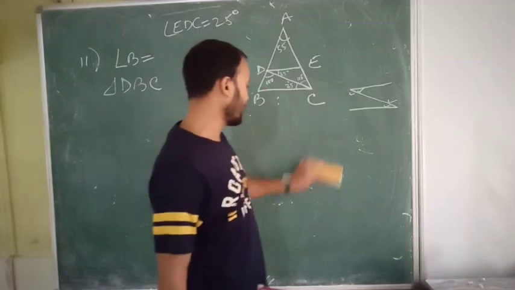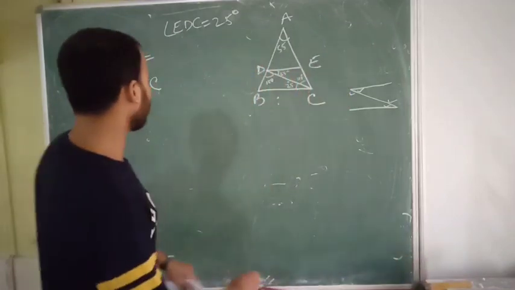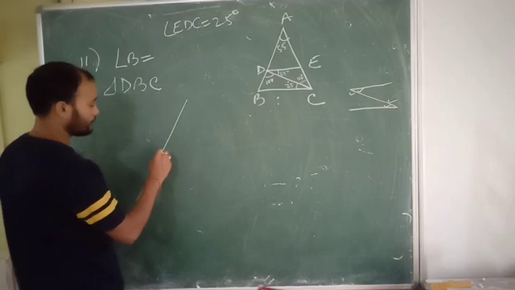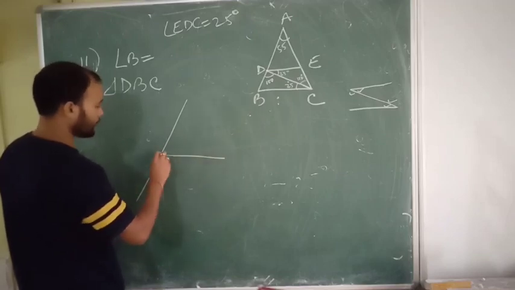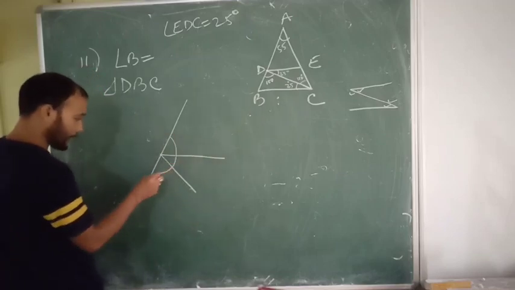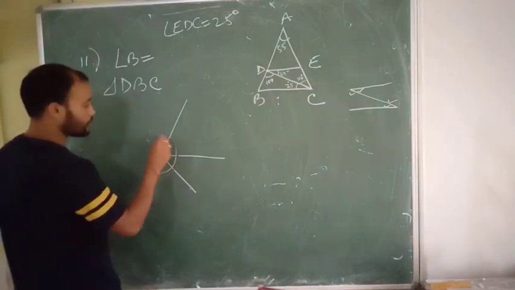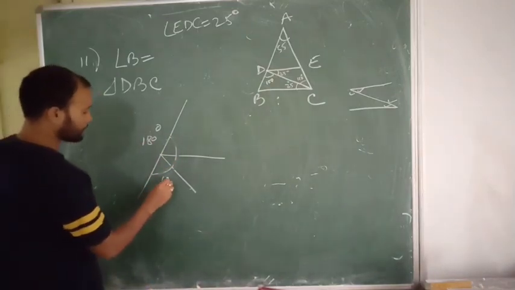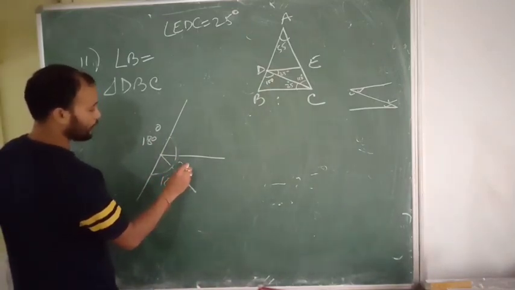See, ADE, ADB, you see, this is a straight line. There is one line going, this is one line going. If we consider this entire angle, this is a straight angle. So a straight angle is having 180 degrees. But this straight angle is split into 3 parts. One part is 100, one part is 25.